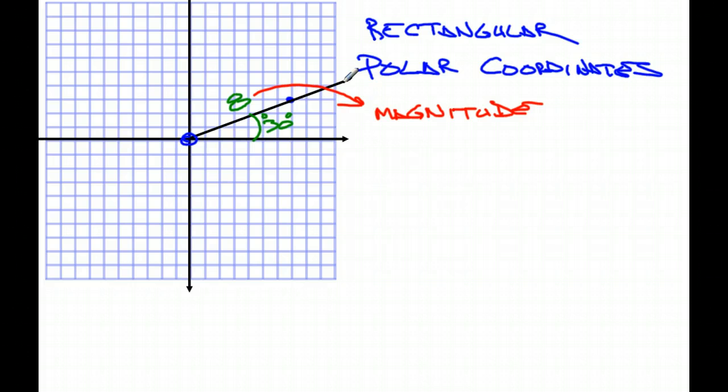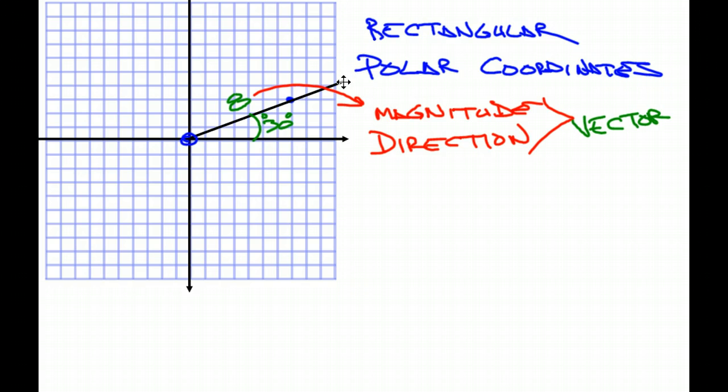So what you need is magnitude and direction. Direction? And when you have magnitude and direction, you have what's called